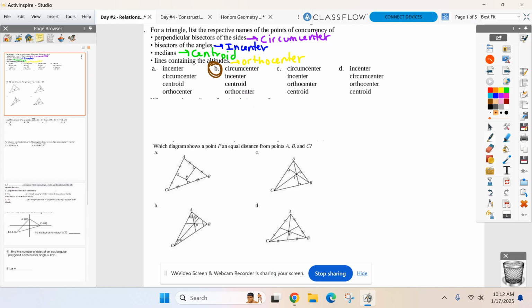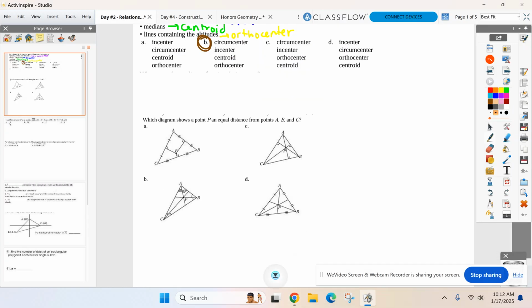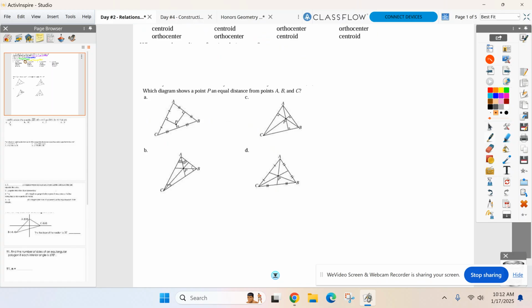So knowing the names and how they're formed is great. And then we also have to understand what's so great about them, right? What's their special fact? Let's go to the second question below. Which diagram shows a point P that is equidistant from A, B, and C? Well, A, B, and C are the vertices of the triangle, right? So now we got to dig back to Unit 5. What is that point that is equidistant from all three vertices of a triangle called? That is the circumcenter. So I am searching for the circumcenter. Well, I need a little bit more information. Yes, I'm looking for the circumcenter, but how am I going to find it? We can go back up top. That's going to be the intersection of my